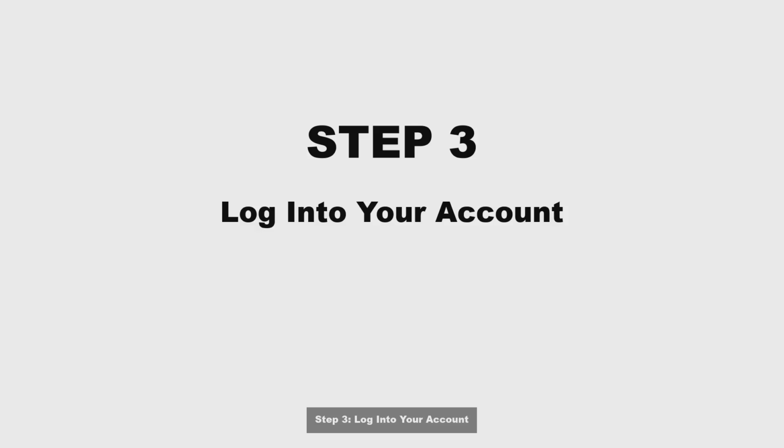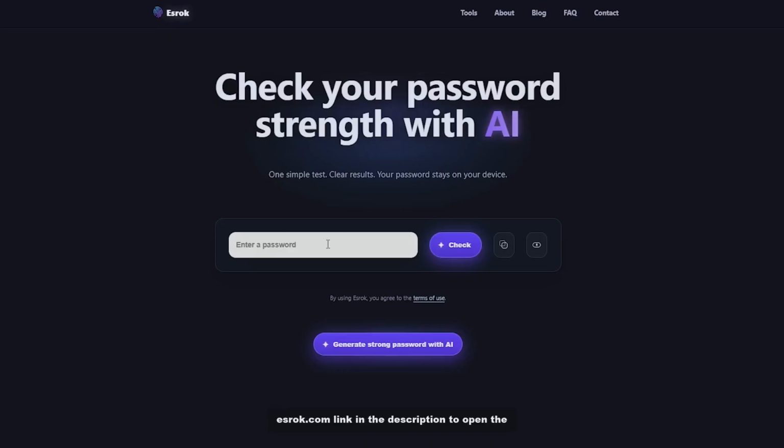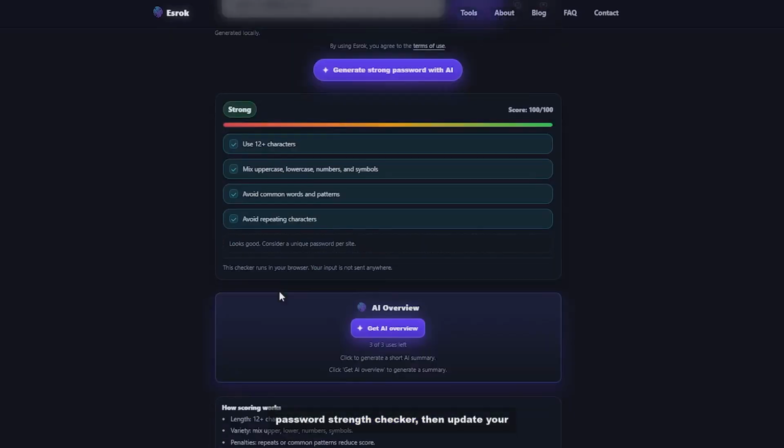Step 3. Log into your account. Before changing your settings, use the # link in the description to open the password strength checker, then update your